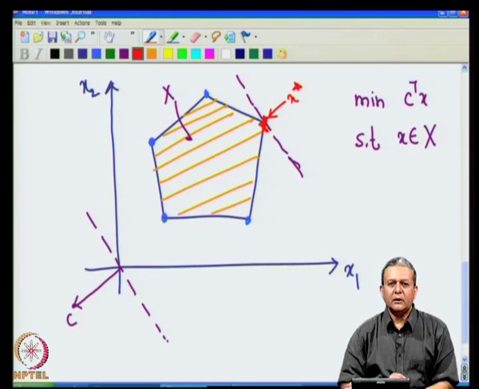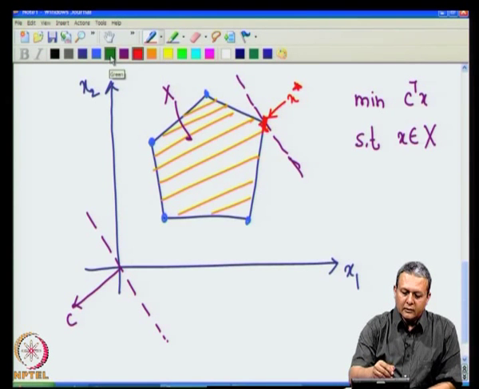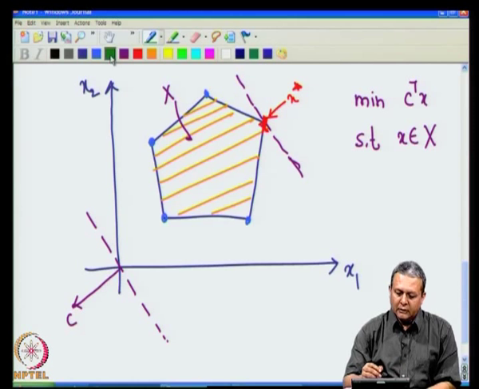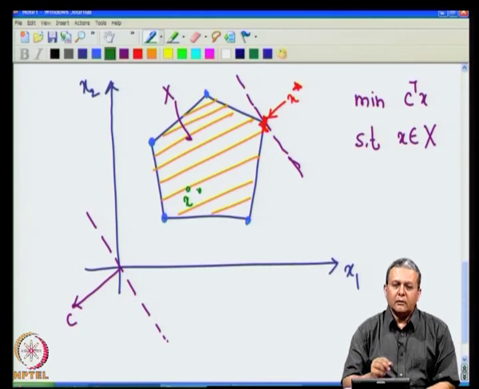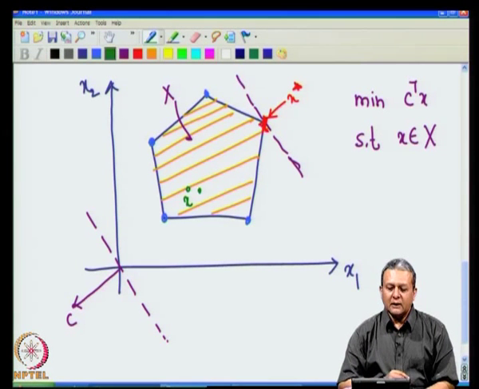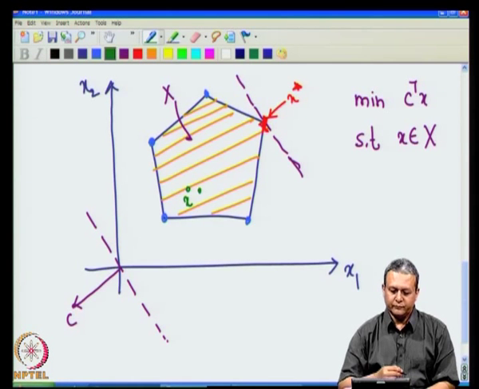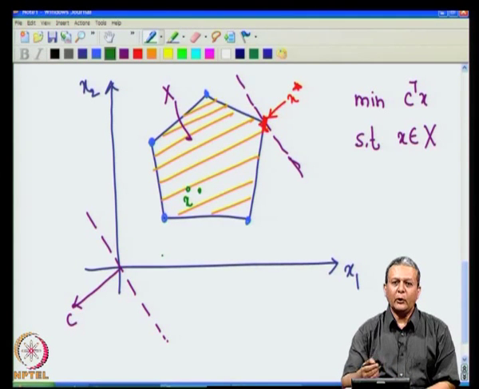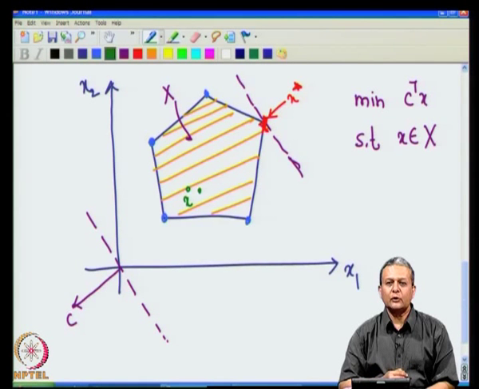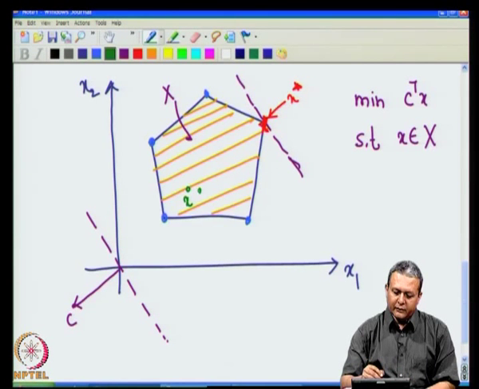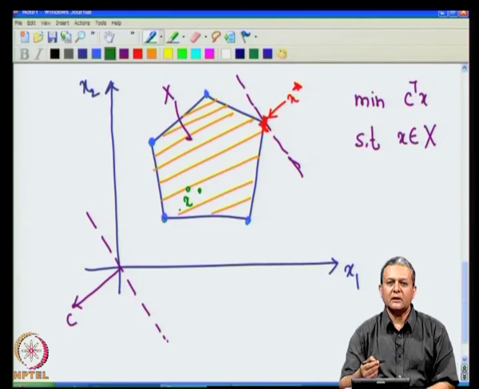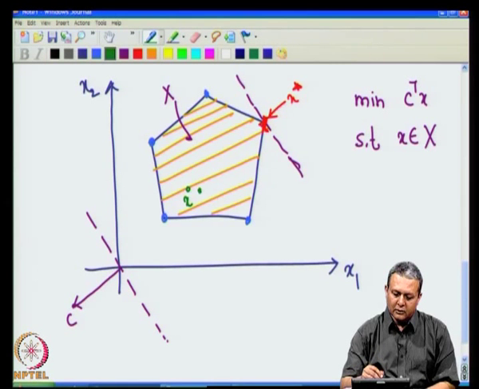Now, the interior point methods, they work in the following fashion. So, one starts from a point which is say in the interior of the set. So, let us call this as our initial point. Then, using nonlinear programming ideas, one can move to a new point. Then the new point is also ensured to lie in the interior of the feasible region. So, if one traces the path generated by such methods, it may look